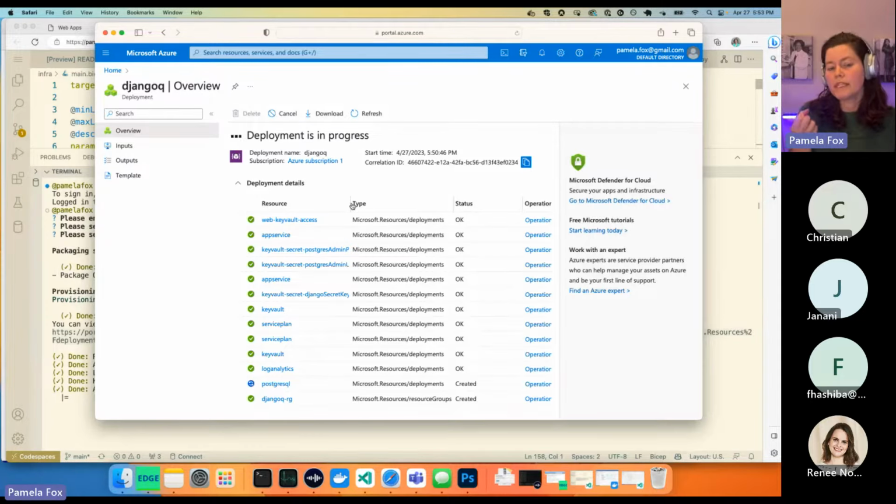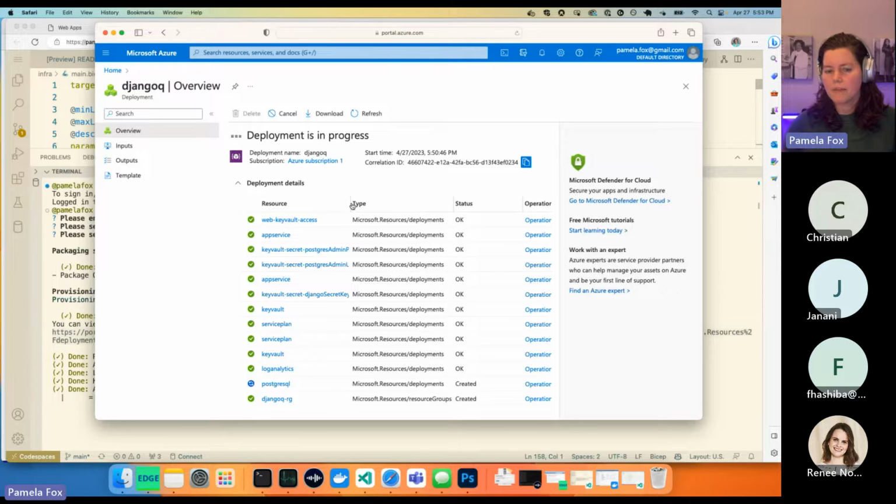And this is only going to be really slow the first time, right? I'm creating a brand new resource group. All of this is brand new. So Azure is carving out these services for me. The next time, if all I've done is modify the code, then it should be really easy for me to deploy, because it doesn't have to recreate this stuff. It'll basically look and say, oh, I've already made all this stuff. All the configuration's the same. I'll just deploy the code this time.